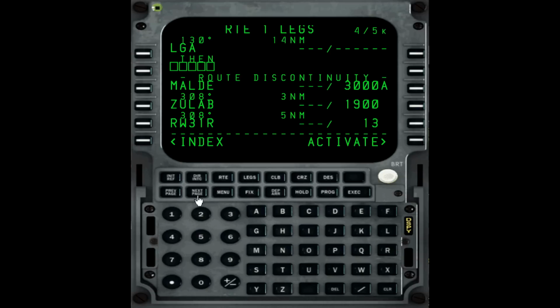Okay, continue to the next page. LaGuardia, here's another route discontinuity. This is the ILS 31 right. These are fixes. On the paper charts, it says after LaGuardia, expect a radar vector to final approach course. For fuel purposes, you want to put in something kind of accurate to where you're going to be vectored. And I know coming into JFK from over LaGuardia, you're really high and they vector you quite a ways to